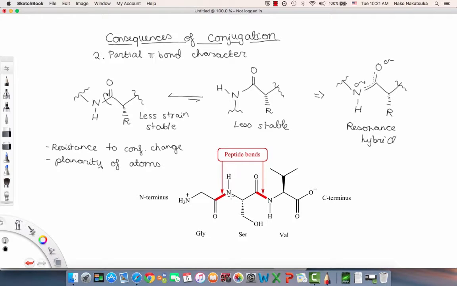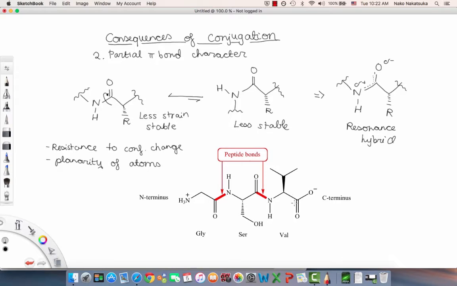On the other hand, if the peptide bond was in this direction, this is less stable because of the fact that it's no longer planar and there's a barrier to rotation because of the torsional strain. All of the big, bulky groups, like the R groups, are going to get on top of one another and it's going to cause more strain than when it's planar, like so. And so another consequence of conjugation is this partial pi bond character, which resists conformational change, which is the barrier